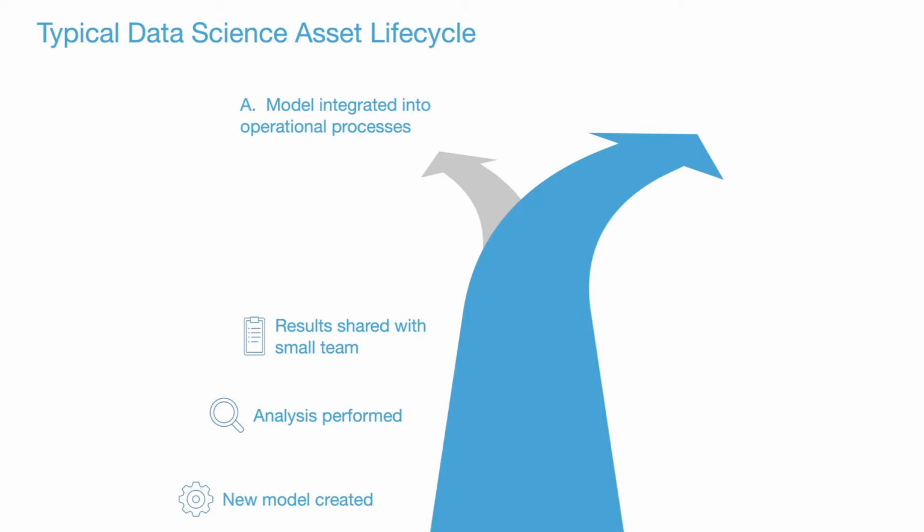So there are some things that are created that rise to that level, that are so compelling, and they pass through all of the gates that are required within an organization to move them into an operational process. And that takes a long time, and in reality those are few and far between. The problem is that the vast majority of assets, almost everything that doesn't get integrated into a recurring process within the organization, essentially goes into hiding. It's not intentionally going into hiding, but this model exists, and nobody knows that it's there, and so as a result, it's really hidden.